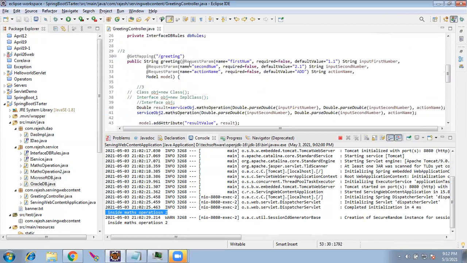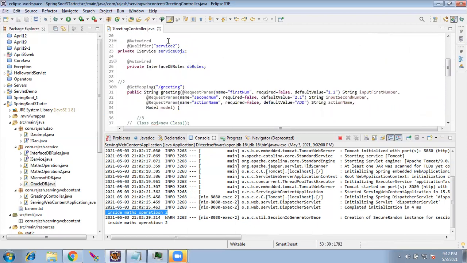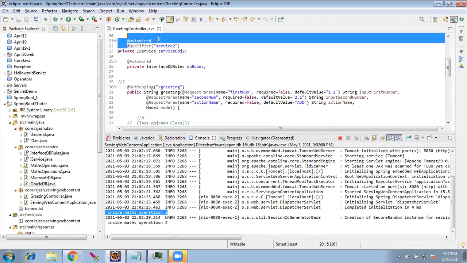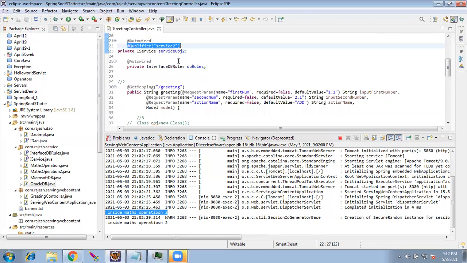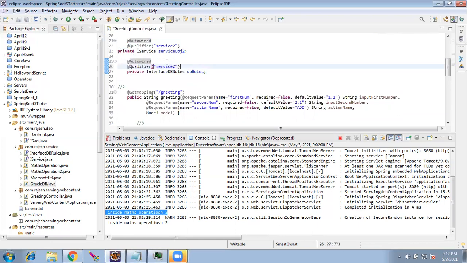So today in my organization, I'm developing the application using Oracle. In that case, I will give here Oracle.